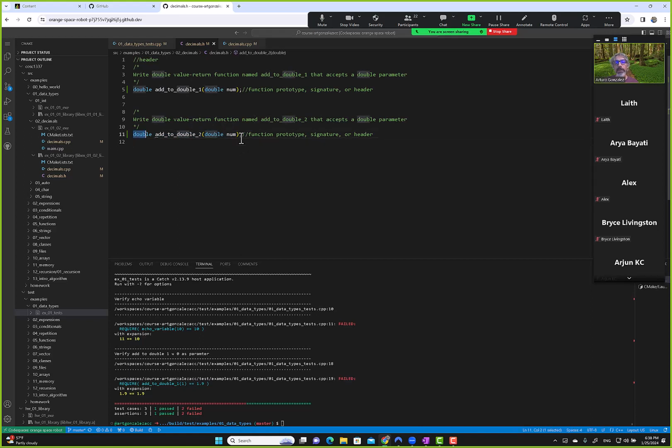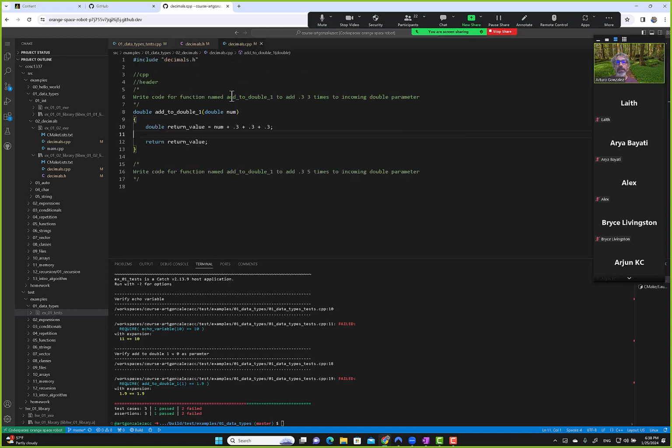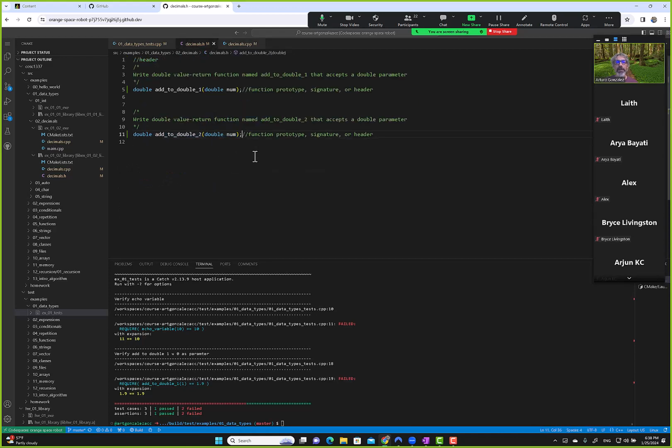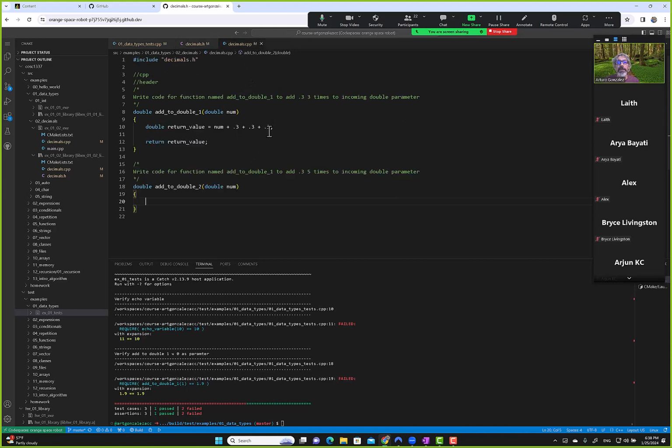Let me copy this. And we write code for the function in CPP. We've already included decimals.h, so we don't have to include it again. So now you can kind of interpret or understand what the semicolon means. The semicolon is telling C++, hey, I'm only writing the function prototype, signature, or header here. Later on, I will write the whole code for the function, right? So it's kind of like a promise to C++. So if you go here, then this is where we're going to fulfill our promise, and now we're going to